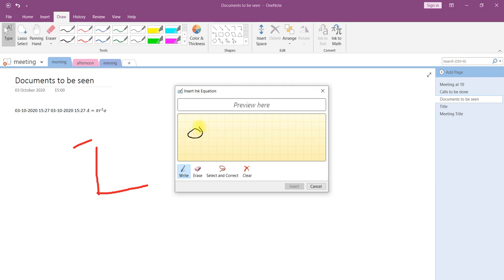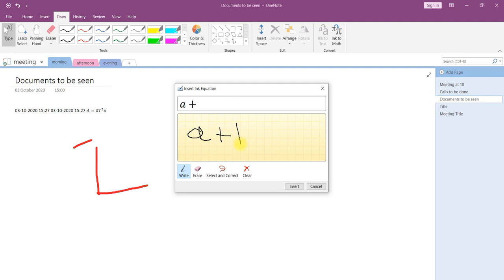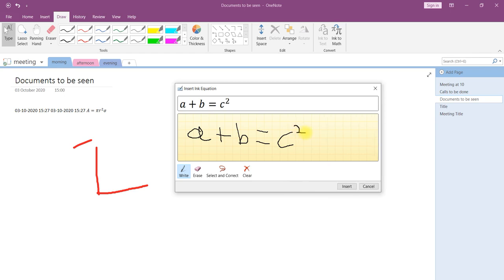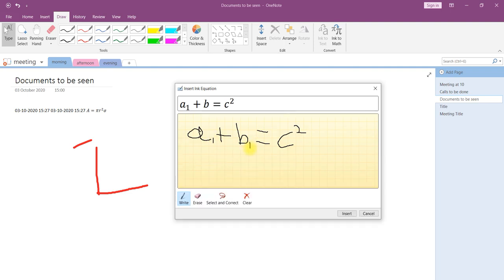A plus b equal to c. If I write a square here, see, square. If I write a1 here, it will take a1, b1.